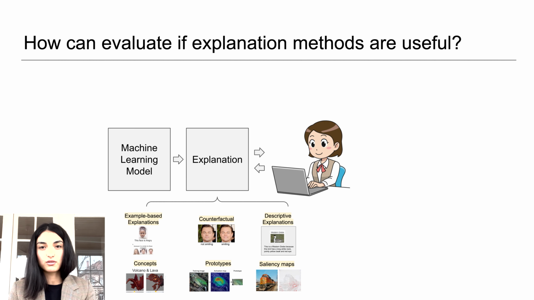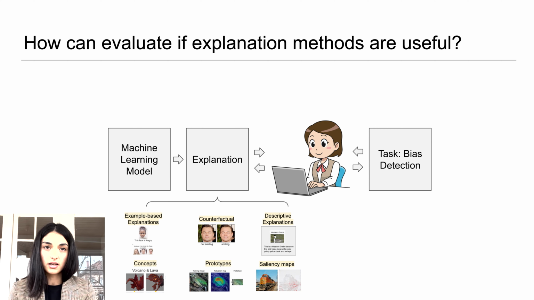A possible proxy for usefulness is whether users can identify relevant features using them, and we propose a user study design, where we measure participants' understanding of feature relevance using the task of bias detection. To verify whether users correctly found relevant attributes, we need ground truth information about feature importance of a model, and